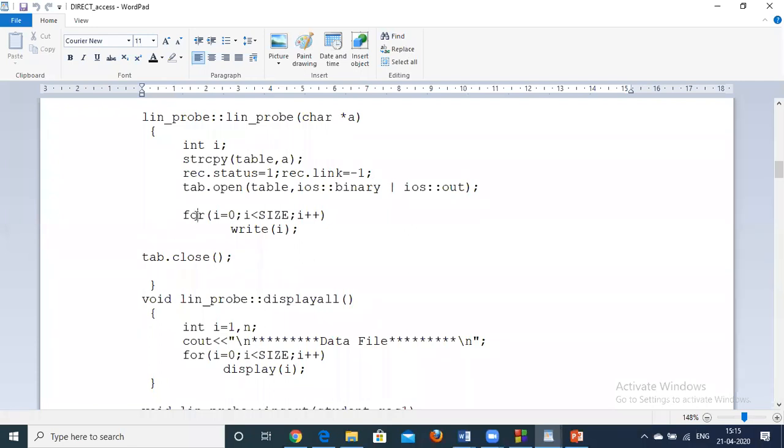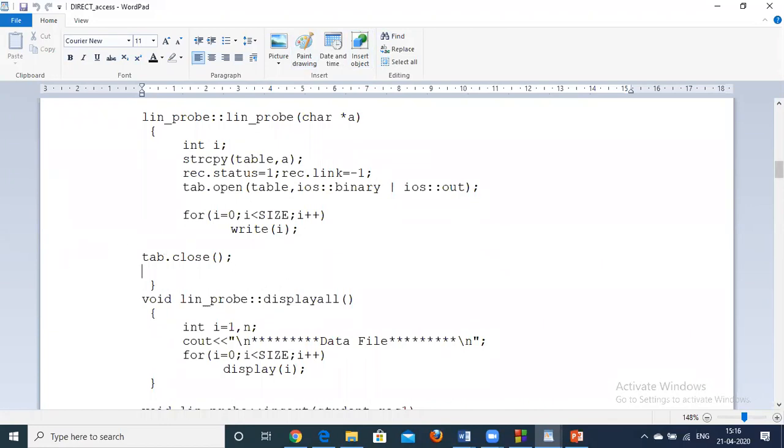And for every record we are calling write I. That means we are writing these empty records at every position initially. So we are initializing the table in the file, whose name is in the variable table. So we have initialized the table in the file.